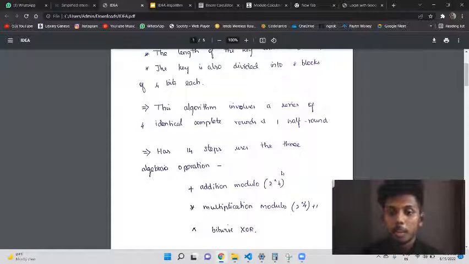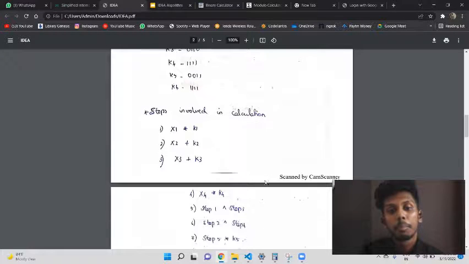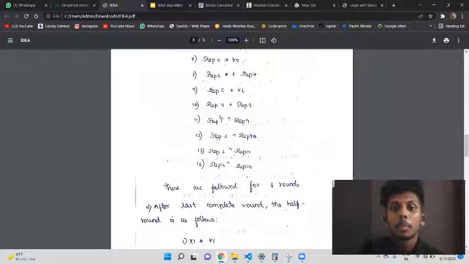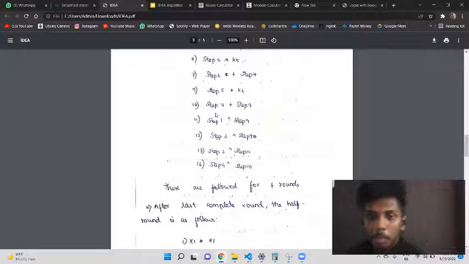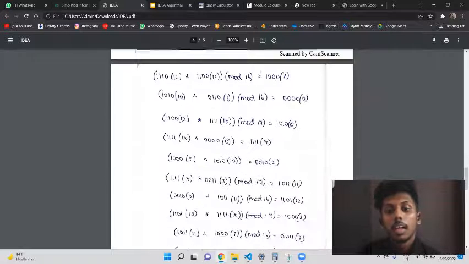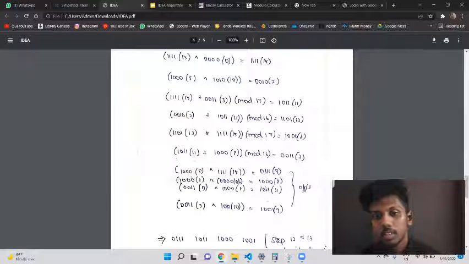The main operations are addition modulo, multiplication modulo, and bitwise XOR. The first 10 steps will be using operators like addition modulo and multiplication modulo. And the last 4 steps we'll be using bitwise XOR. Moreover, the bitwise XOR in the last 4 steps gives us the output for that particular round, and